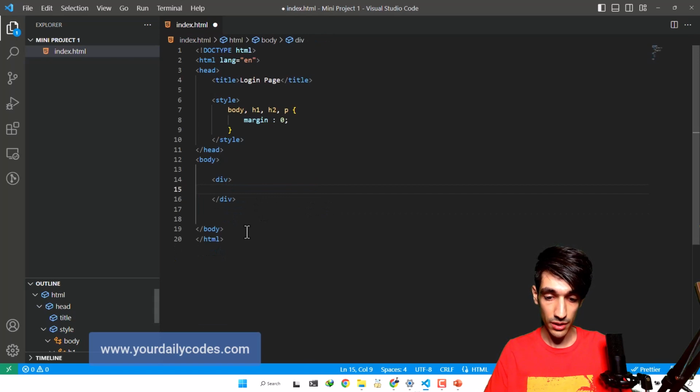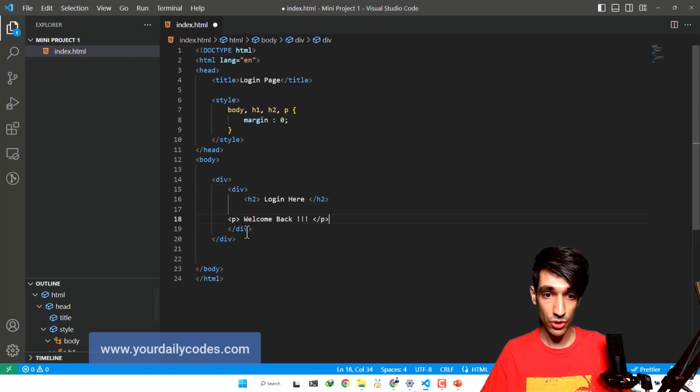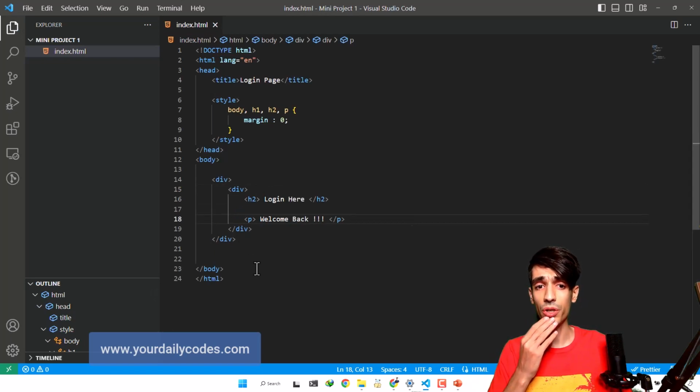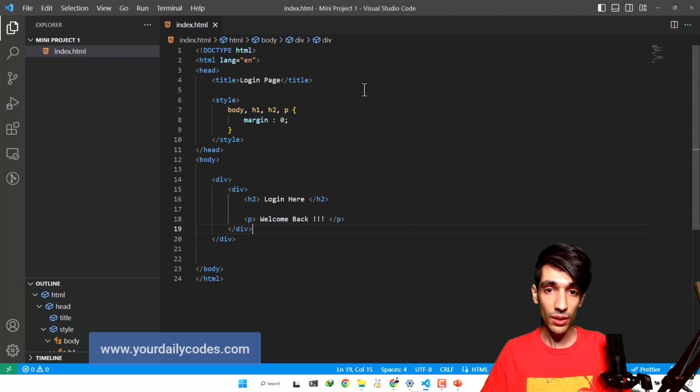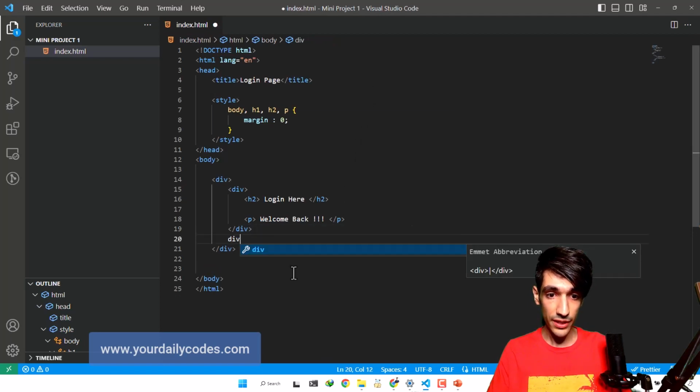cut this here, and let's create a new div here, a division here. When someone first starts working with HTML, he always wonders, why do we have to use all of these div tags? Because first of all, it helps us to arrange our codes, and second of all, it helps us to select those with CSS easily. We will see in future how these divs can be even more helpful. Okay, let's create another div here.